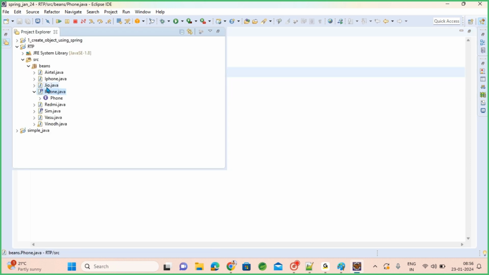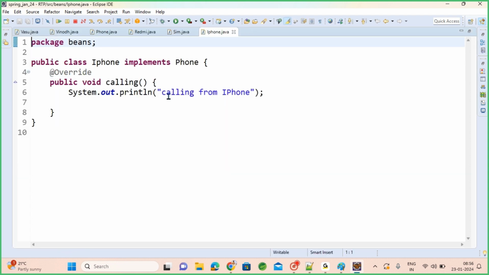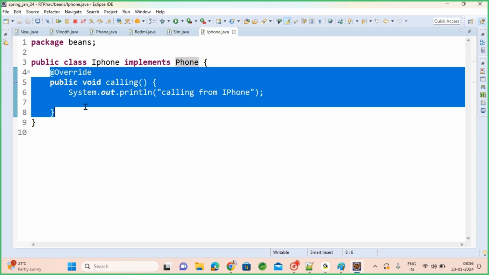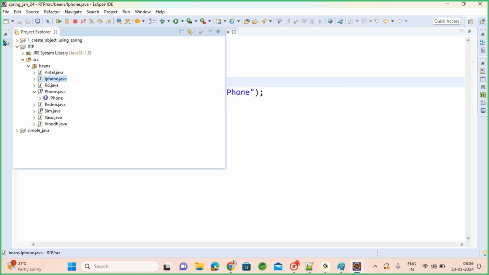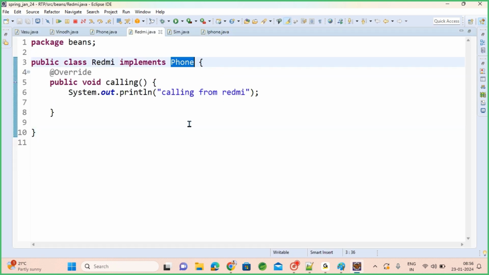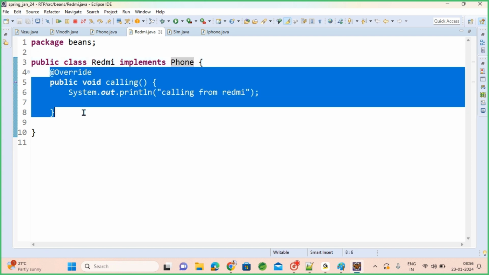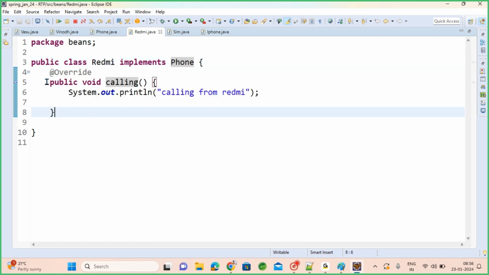Now, whoever implements that plan, this is a building plan, a 2 BHK building plan. Either you construct a house or I construct a house or anyone else. If they follow that plan, they must implement the plan. So iPhone is implementing it, calling. Same way, Redmi also wants to build a phone. They need to follow this interface and they should implement. So finally, both are implementing the calling method